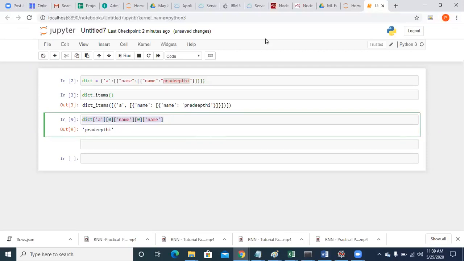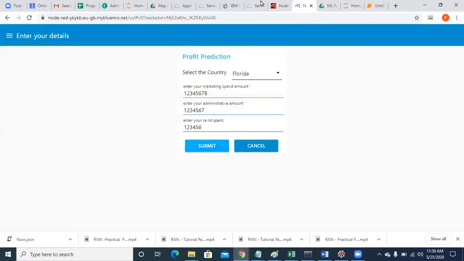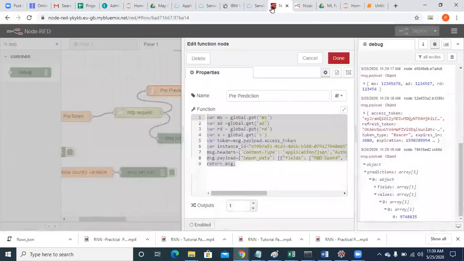In the same way, here also I have a nested dictionary, right? So I have to parse it. You have to copy the whole object and parse it. But it will be somewhat hard for us. So IBM has given a way to parse it directly.